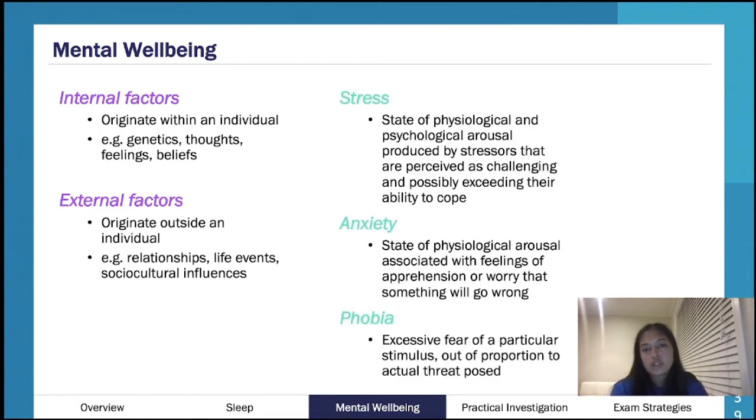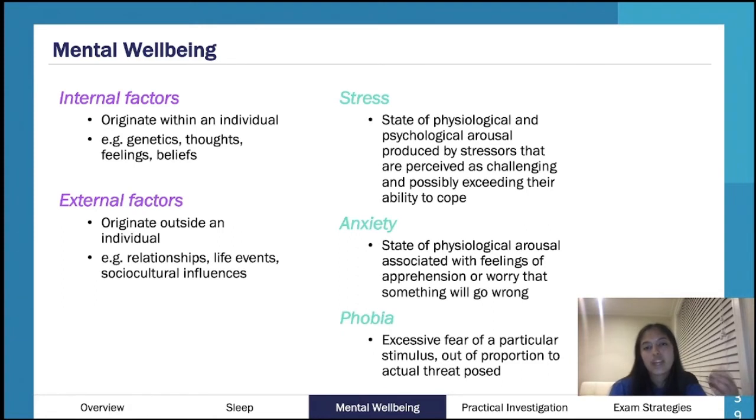In terms of some important definitions to know, these sometimes sit on their own little continuum as well. Phobia is really important, and we'll get into it in a second. But you need to understand the distinction between stress, anxiety, and phobia. We've talked a bit about stress in Unit 3, so you guys should be experts on this sort of thing. With your definition of stress, it goes from more appropriate to more inappropriate. So stress is a very normal emotion, obviously. Very common, you can experience it due to a lot of different reasons.